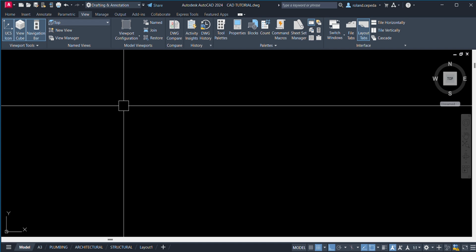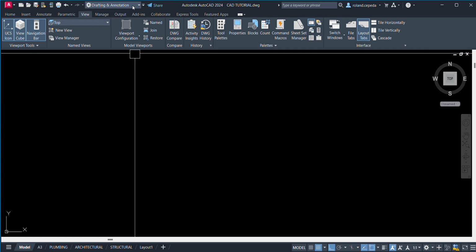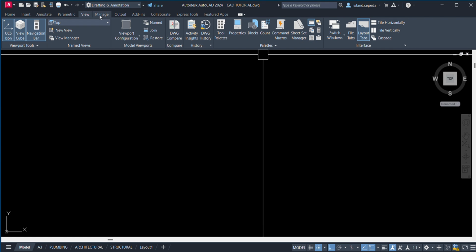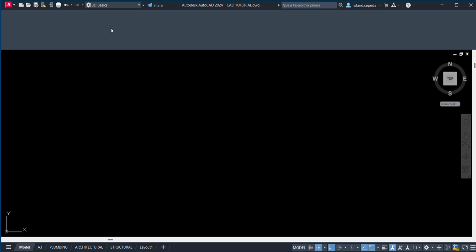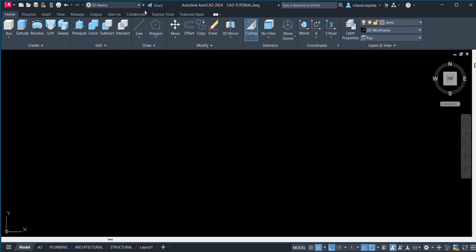So our lesson for today is all about 3D. I am going to change the workspace into 3D basics. Let us change this workspace to 3D basics.